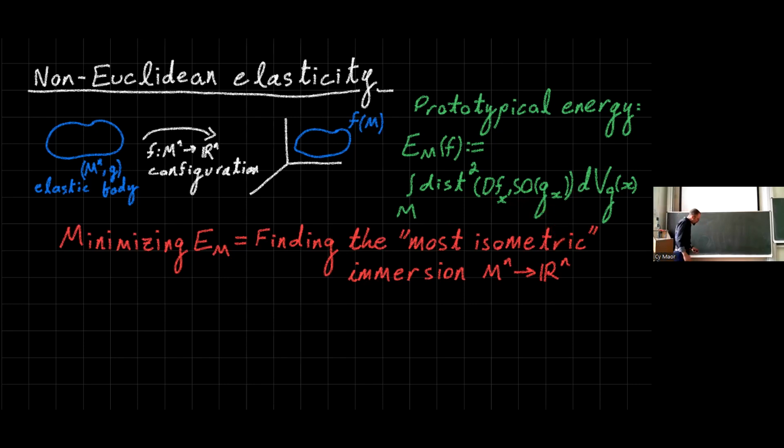So the basic question you want to ask is, I have this, and I want that if G is curved. So, for example, if we're two-dimensional and MG is basically a hemisphere, and you want to put this hemisphere on this table, then you need to stretch something, right? Then you need to have positive energy. So the basic thing that you want to have is that the infimum of this energy is zero if and only if the curvature of G is zero.